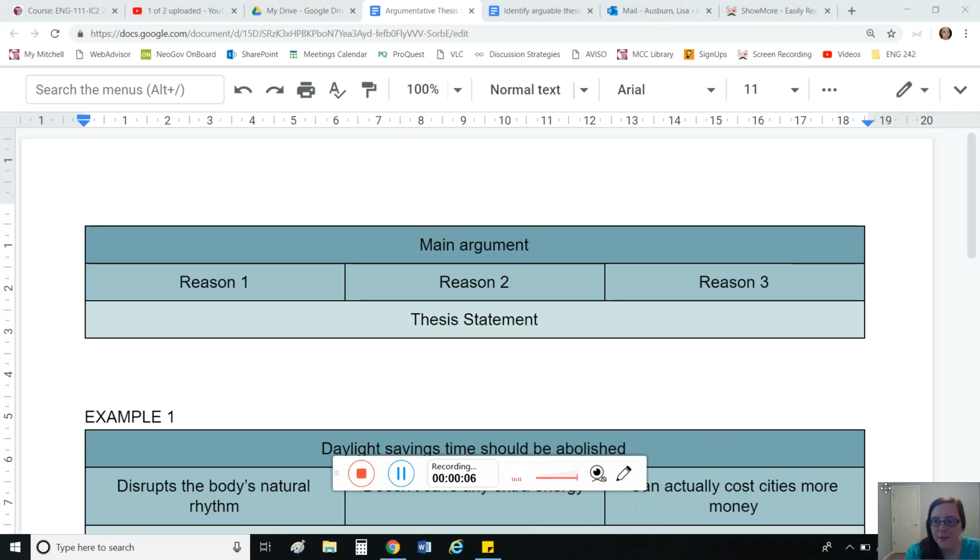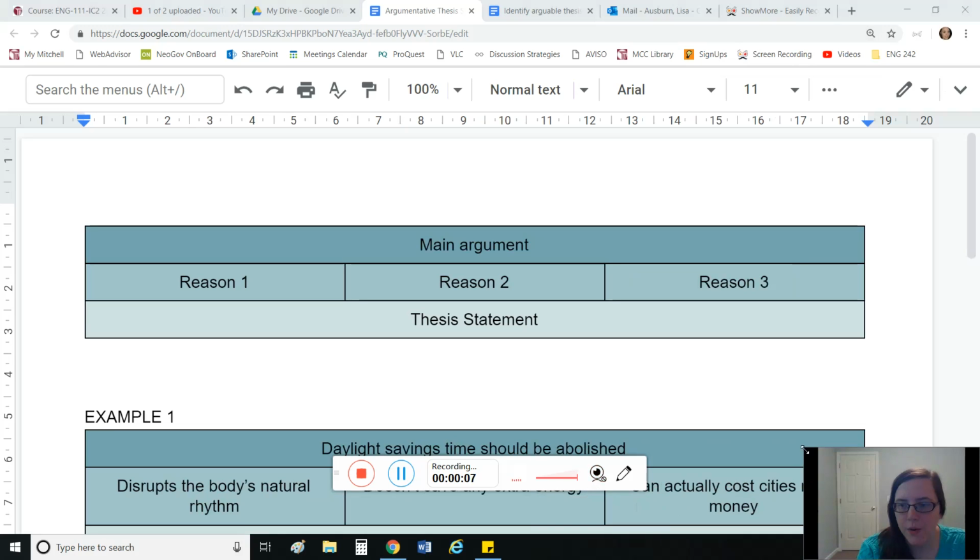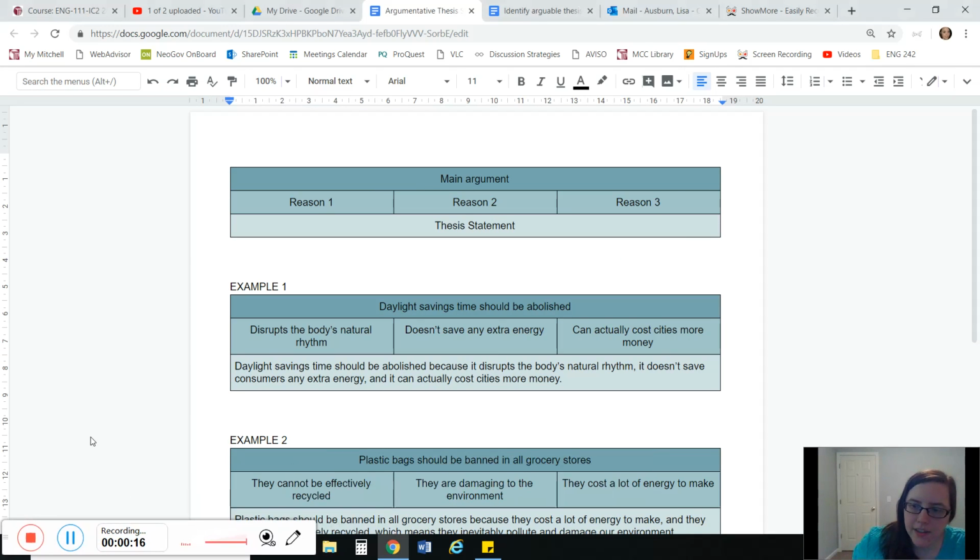Hey everyone, I'm going to talk about arguable thesis statements here in this lecture. Arguable thesis statements are really sort of the trajectory for the rest of your academic writing. You're likely going to have to make an argument. Certainly there may be some papers and some room for simply informative, exploratory papers or essays in other classes, but